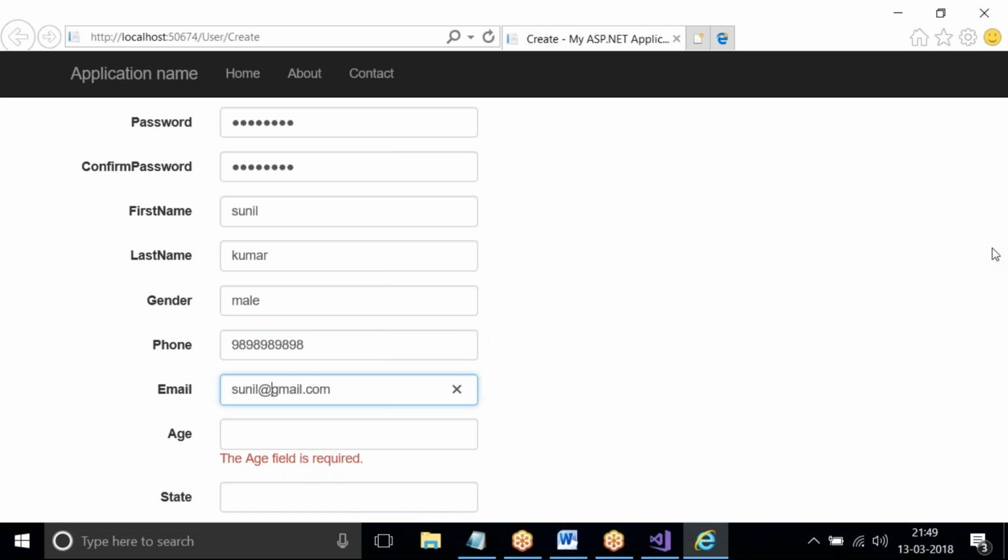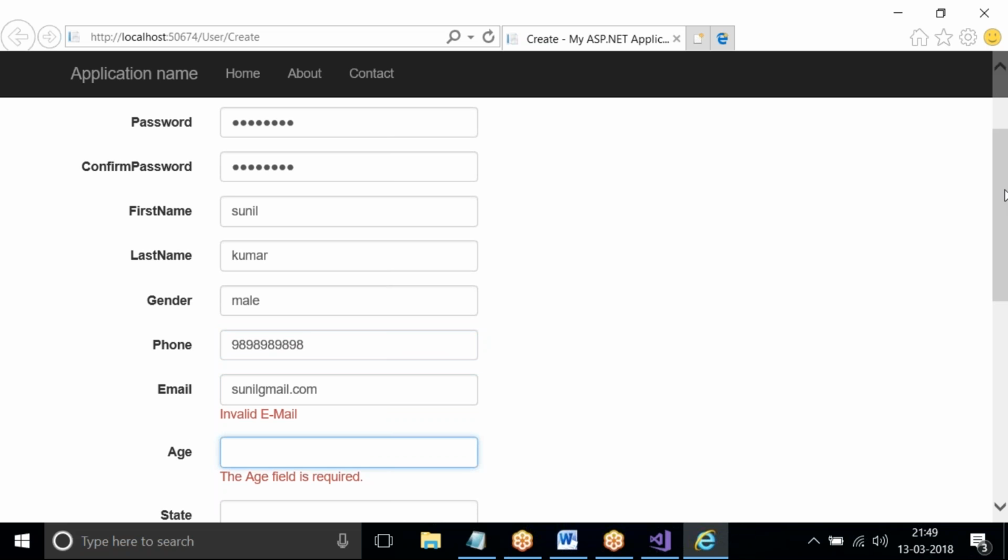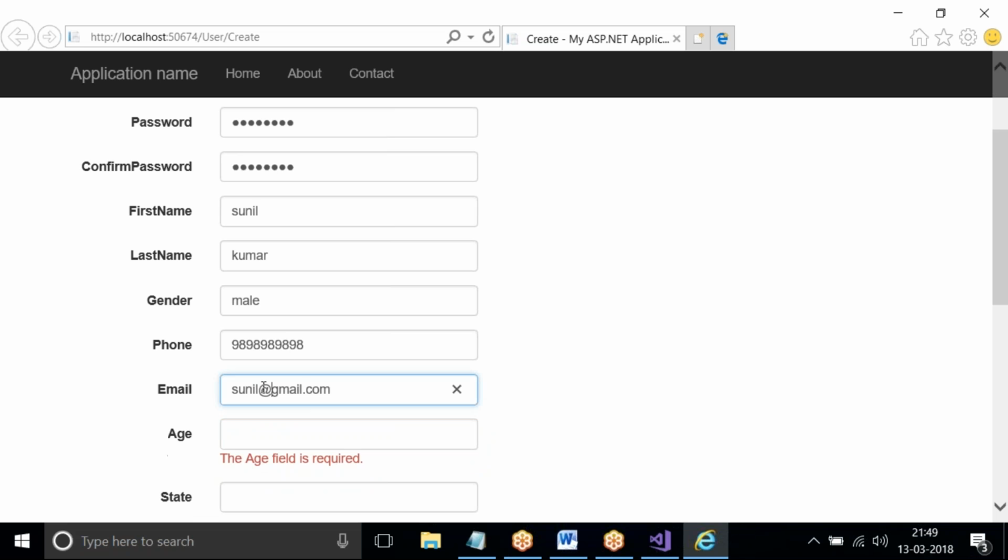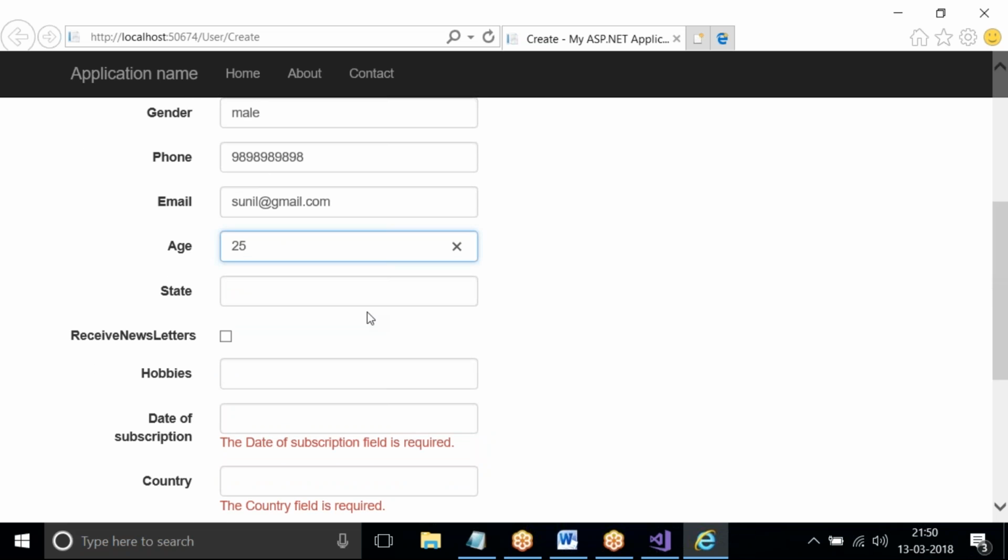If I'm not using the at the rate symbol here, it shows invalid email. Here age is given, state, TS, receive newsletters, hobbies, and date of subscription.